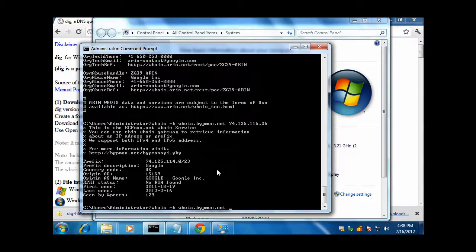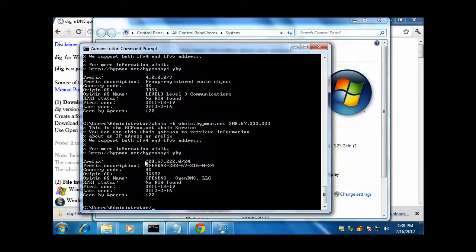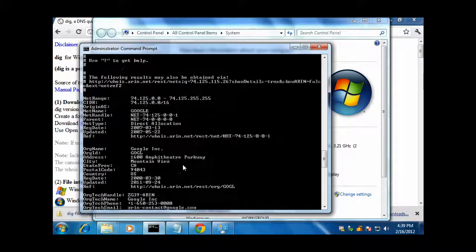Let's say the public DNS servers. This is from Level 3. It's 4.2.2.2. Where this IP is coming from, it tells you that the origin AS is 3356. Let's do one more, the OpenDNS servers. It tells you the block that it's coming from, and it tells you that OpenDNS is the prefix description, and the origin AS is 36692. So there's really a lot of possibilities with just these two simple utilities, dig and whois,